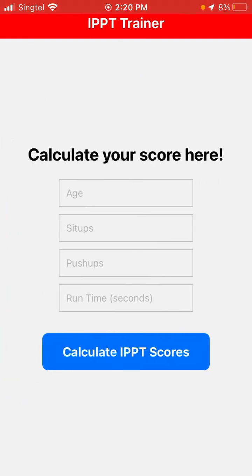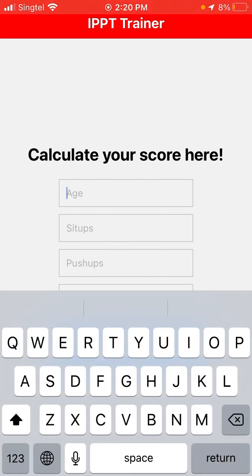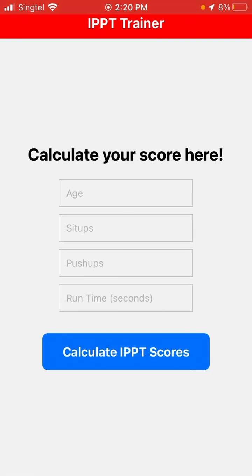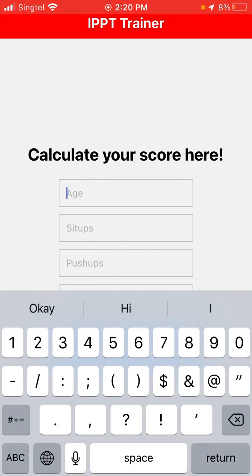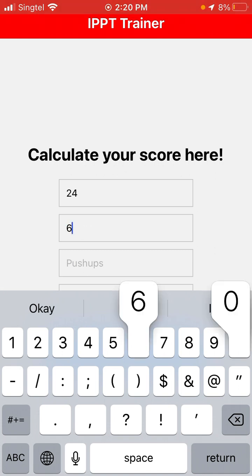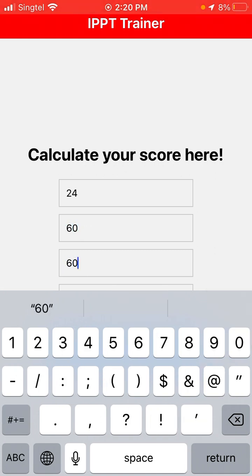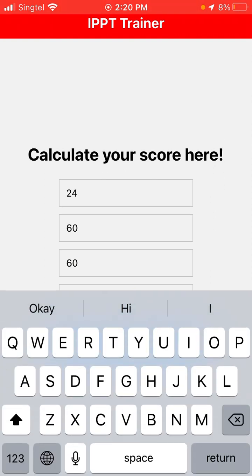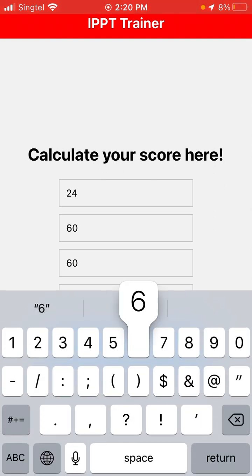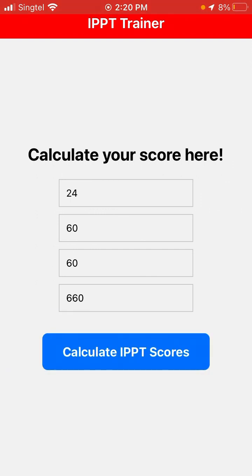Next, as you all know, IPPT takes into account the points and the age, in order for the army, the Singapore military, to incentivize Singapore national servicemen. For example, if I was 24 years old, I'll key it in, and as seen earlier, I have done 60 push-ups and 60 sit-ups, and my run time was, let's say, around 660 seconds. Okay, so when I press on the IPPT's